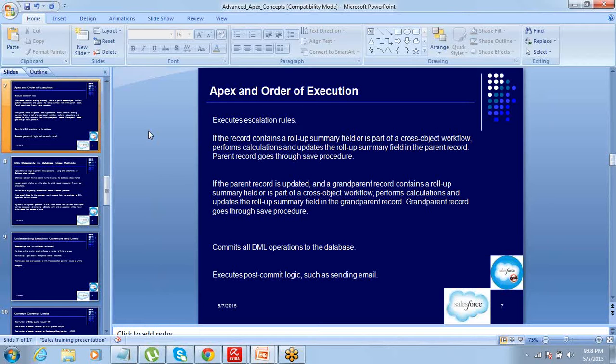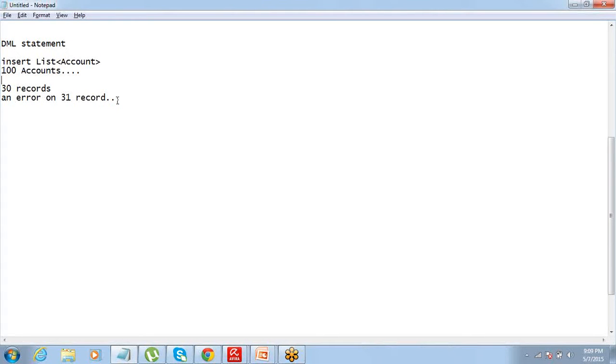Now, in case of a DML statement, you might want this thing to work the other way around. You might want, let's say, if some record has an error, you just might want to skip that one and then at least commit the other records. Correct?